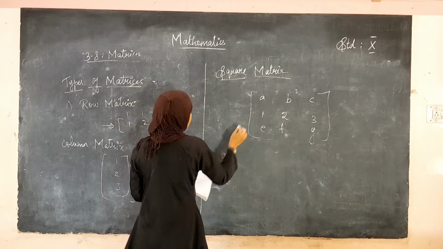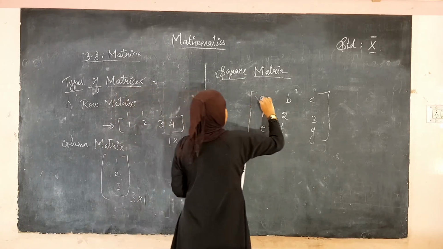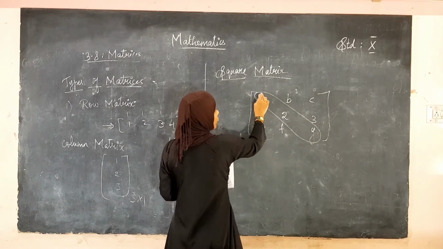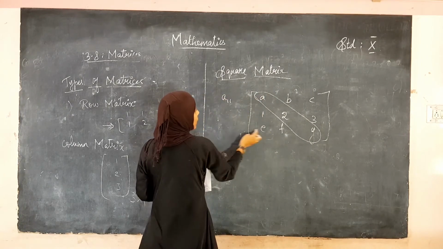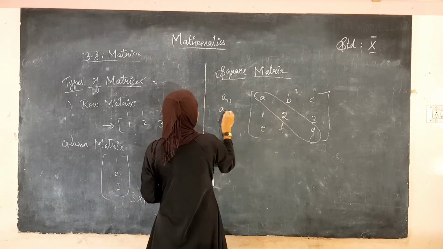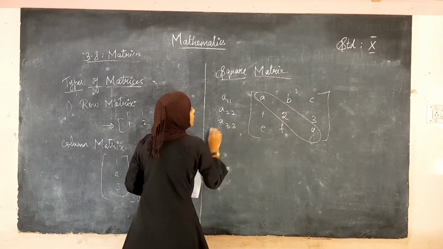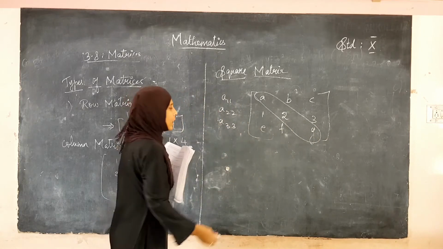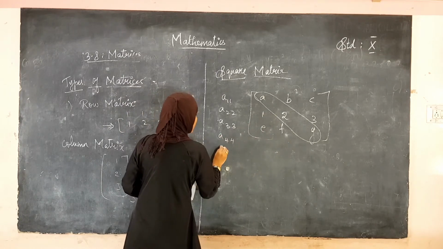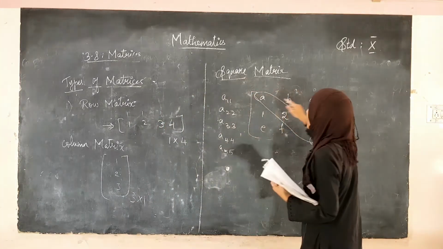See here. What do diagonal elements mean? This is said to be the diagonal elements. The common notation of this element is A11. The common notation of this element, second row, second column, is A22. The common notation of this element is A33. So, these elements are said to be the diagonal elements. Similarly, it goes on for 4, 5 columns. So, diagonal elements are only found in square matrices.